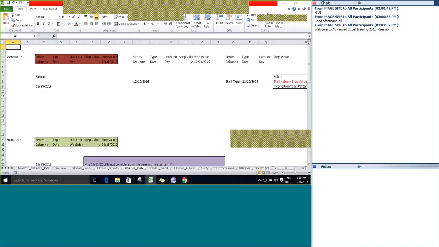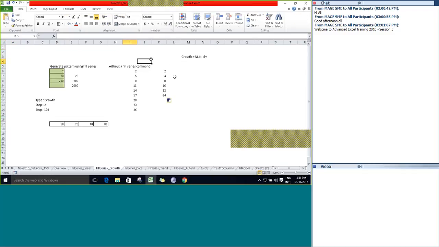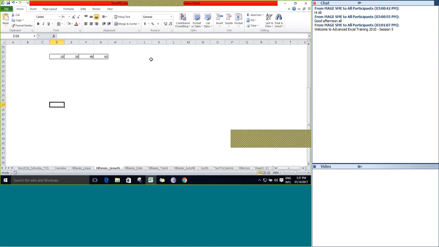Based on the query received from the chat window, I will repeat this particular concept once again. See here, you have 2 as a value. It's for a growth.